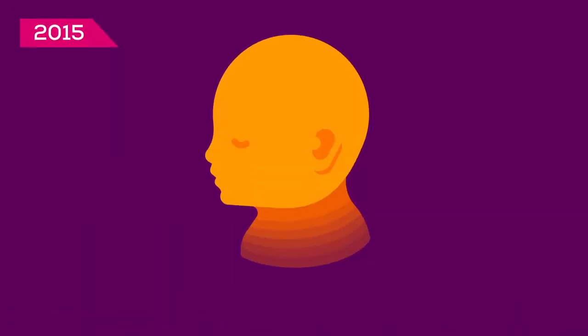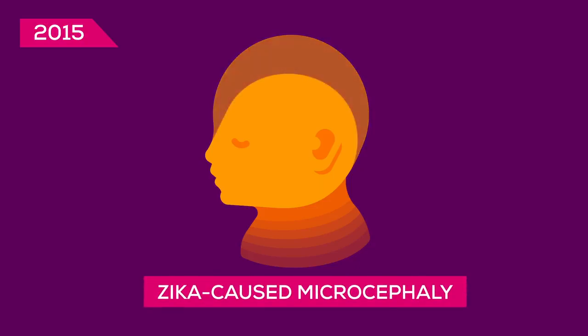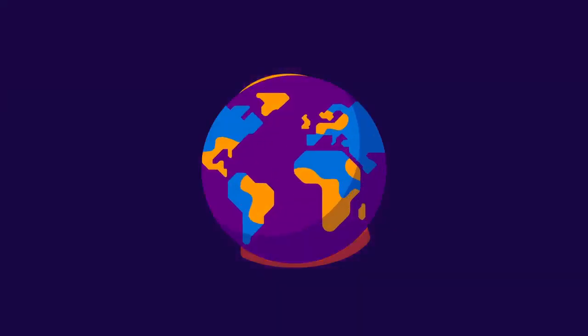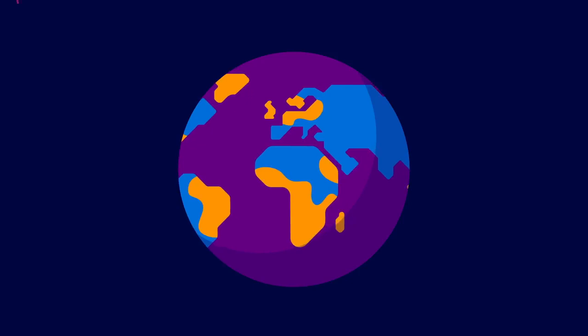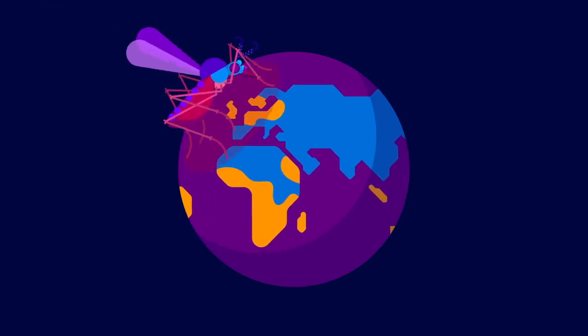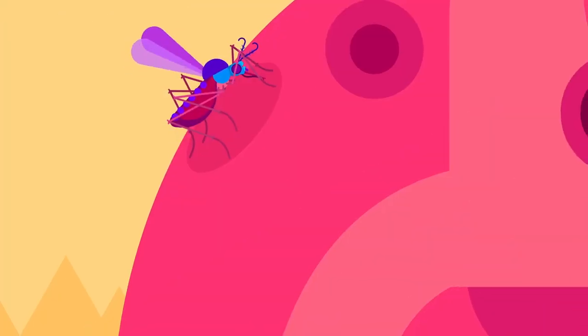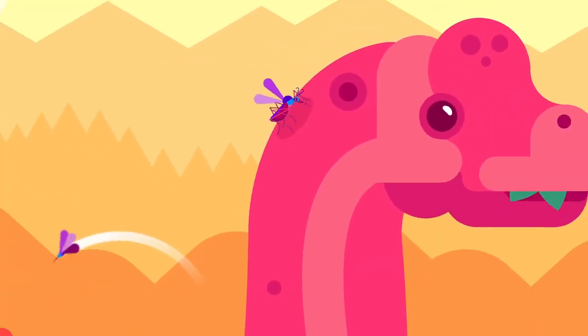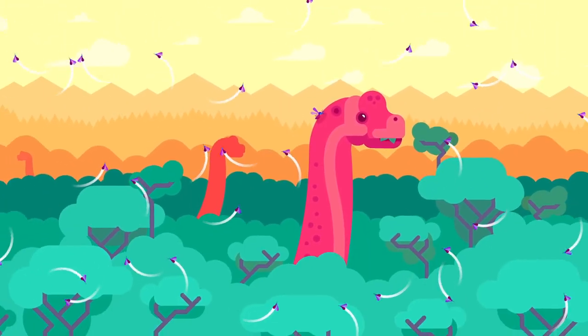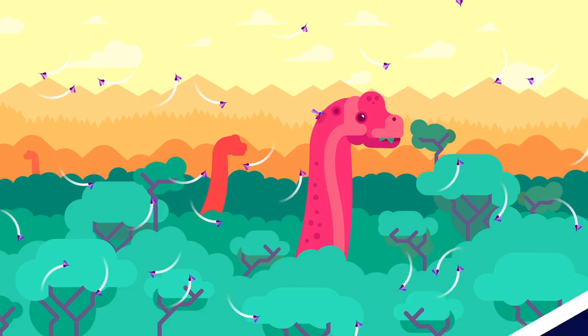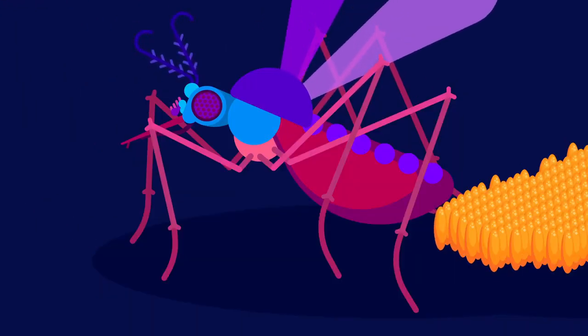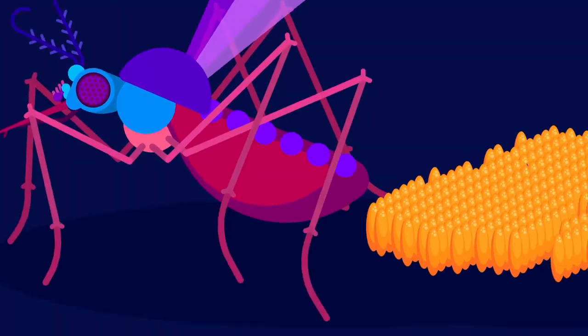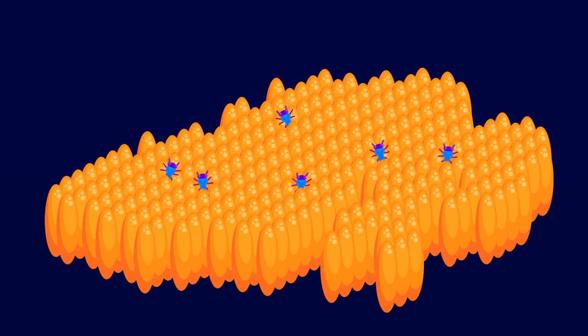In 2015, the Zika virus, which causes horrible birth defects if it infects pregnant women, spread rapidly into new areas around the globe. It too is carried by a mosquito. The mosquito is the perfect carrier for human diseases. They've been around for at least 200 million years. There are trillions of them, and a single one can lay up to 300 eggs at a time. They are practically impossible to eradicate and the perfect parasite taxi.